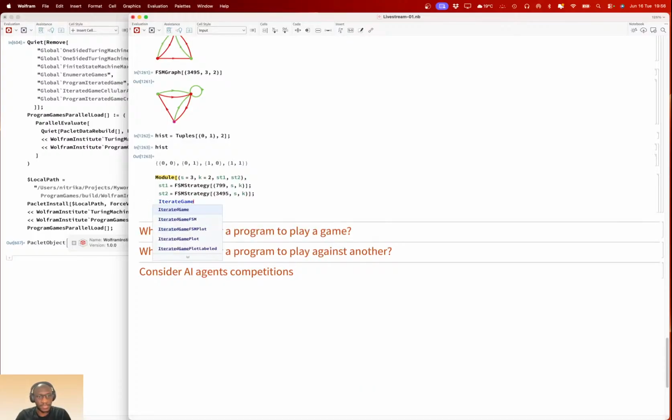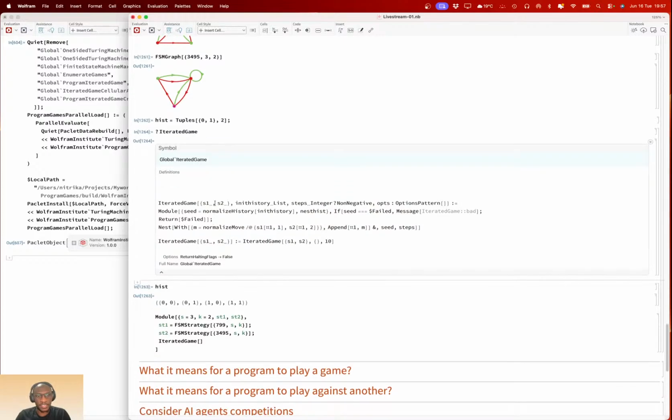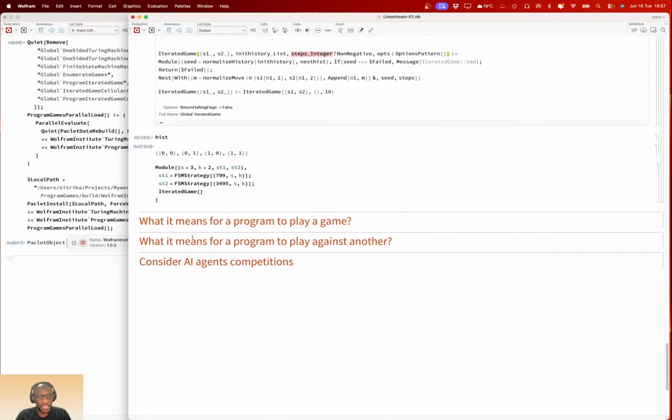So let's say iterated game just takes the two strategies, and then produces an initial history plus the number of rounds you want to play. So we have these two strategies, and then the initial condition is what we had here. Our history is the initial history.